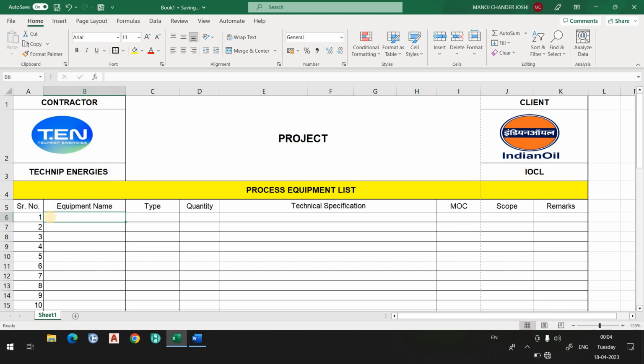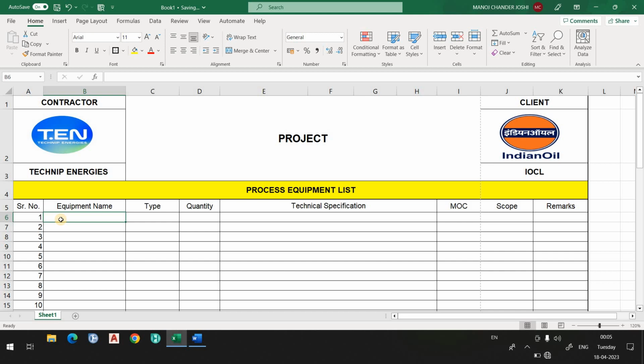You can prepare the equipment list section-wise. If I talk about urea, first of all there is a reactor, so you can simply write the reactor section, and whatever equipment comes in the reactor section, you can write their names. Then in the next section, say the decomposition section, you write about the decomposition and mention all the equipment falling under that section. On that basis you can prepare the process equipment list.